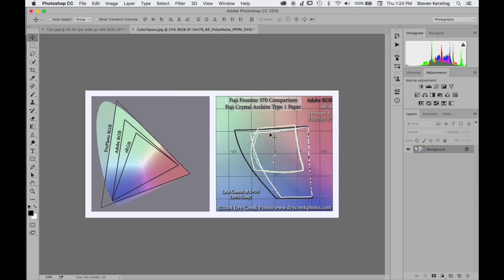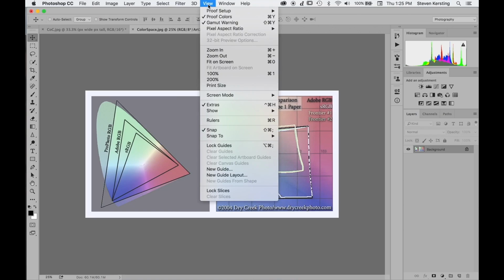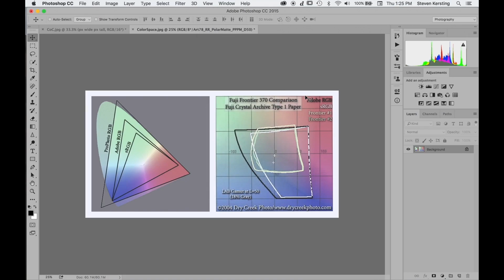Now if I print this, I have no gamut warnings, and I'm looking at the colors as they will be printed on that paper. And this is what I could expect to get back. So,